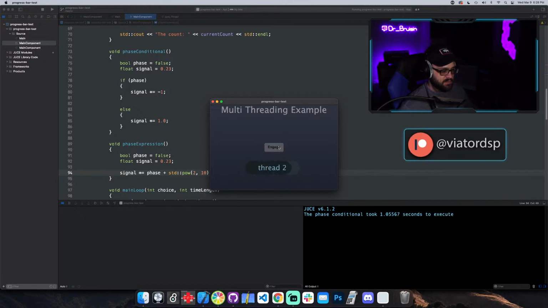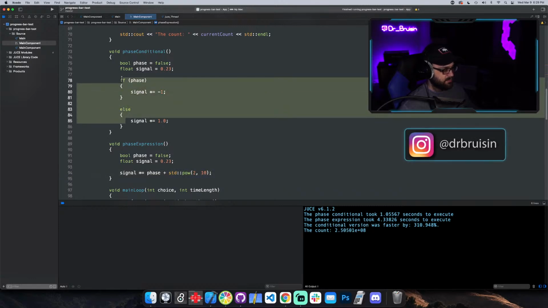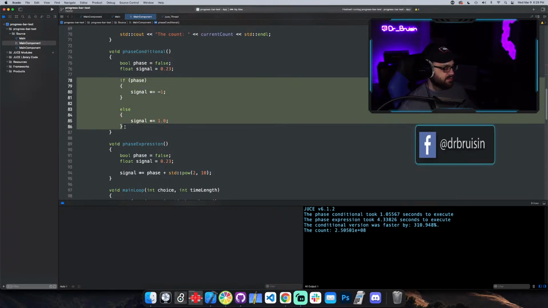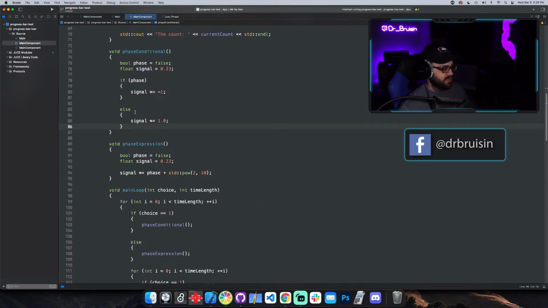Yeah, it obviously slows down even though it's not that much slower. It's about the same. So, wow, look how slow just a simple mathematical expression is compared to this if else. I don't know if this is obviously just me messing around. I don't know if this is the best example or use case, but what I do know is that if